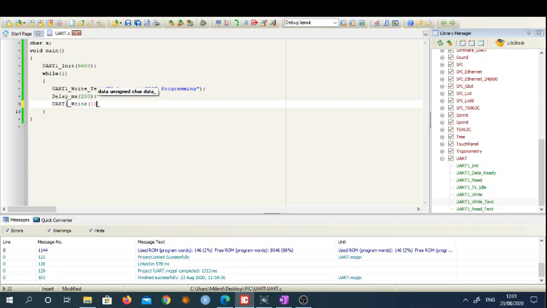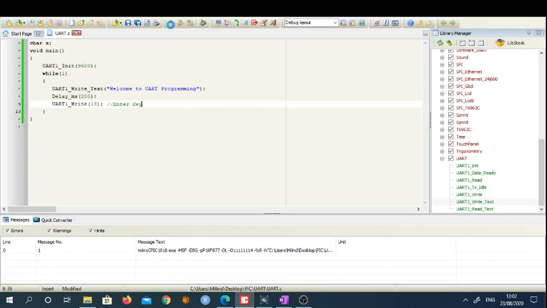Here 13. 13 stands for enter. I will put a comment, enter key. So it will print this message, welcome to UART programming. It waits for some time and then it will hit enter, and then this program will keep on looping. Since this is a while loop, this loop will keep on running continuously.